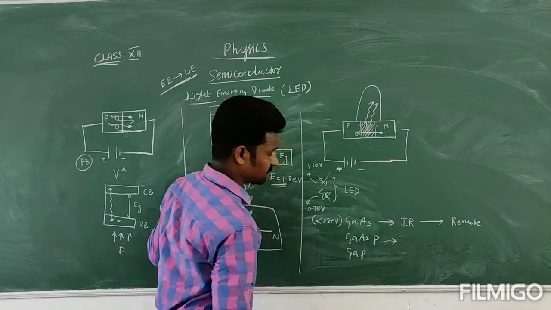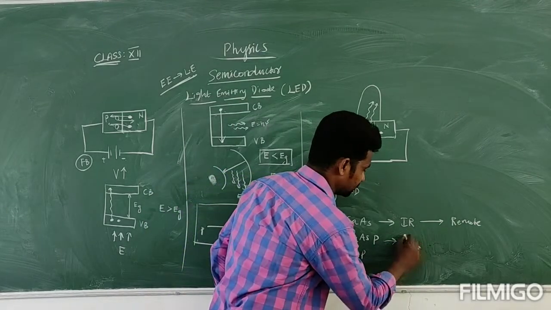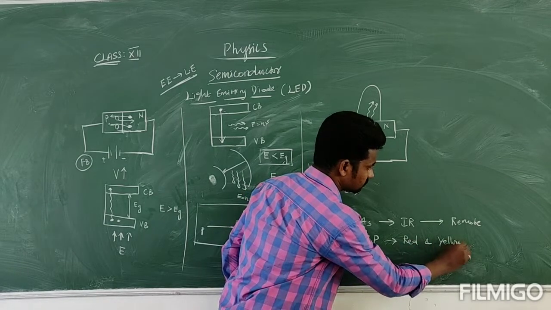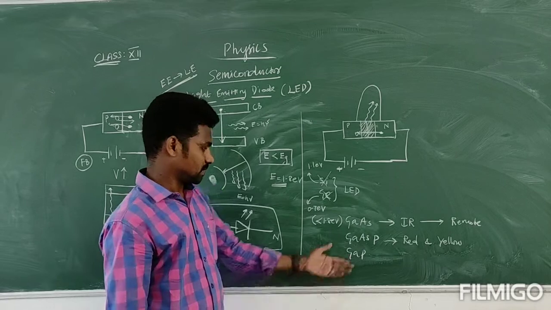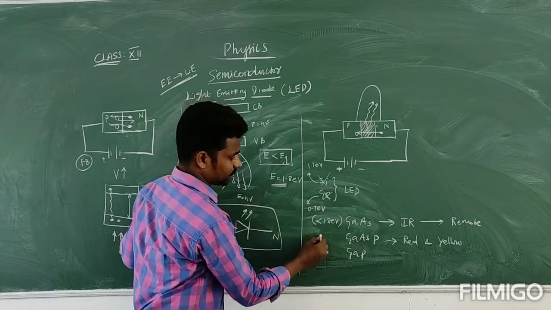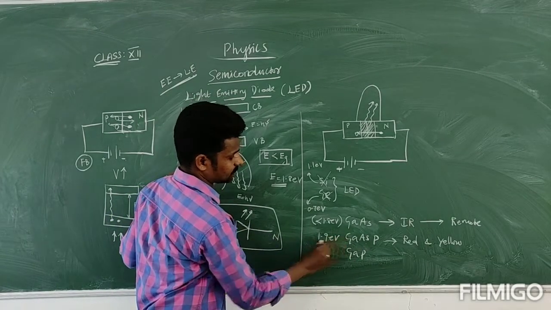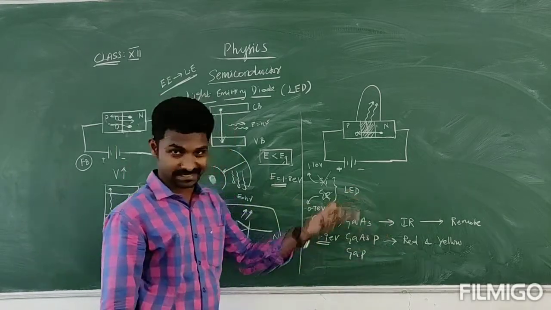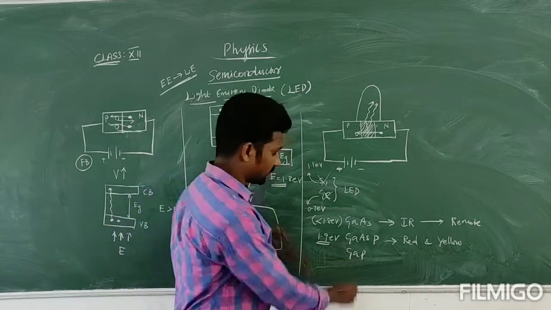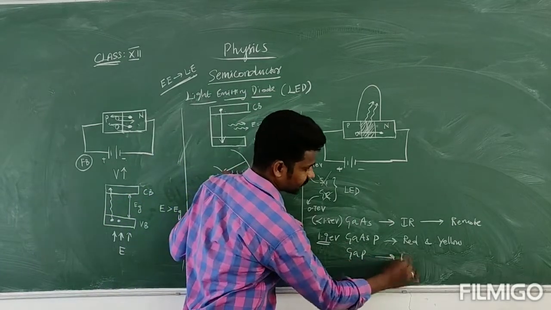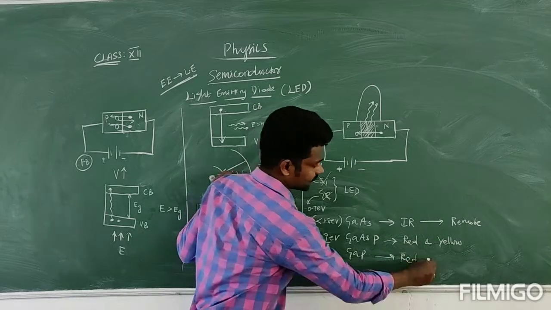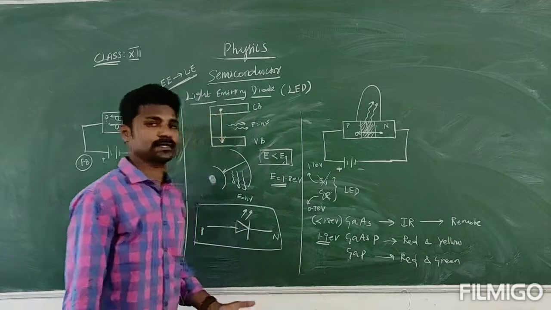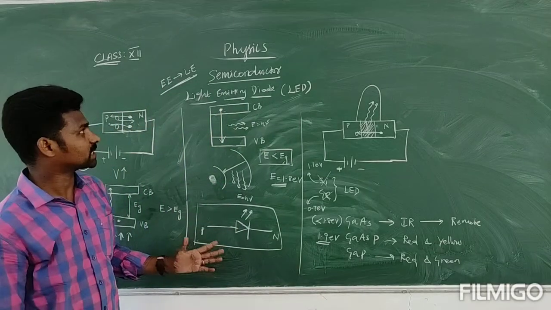Next, gallium arsenide phosphide emits red and yellow color, and its energy gap value is 1.9 electron volt. This is more than 1.8, so you can get more intensity. Now next, gallium phosphide gives red color and green color light. Okay, students. So this is the explanation for the